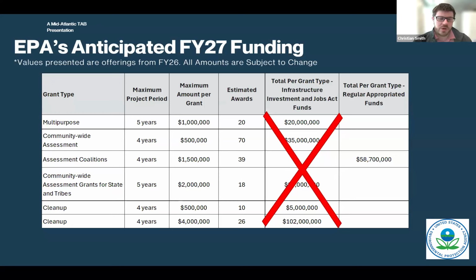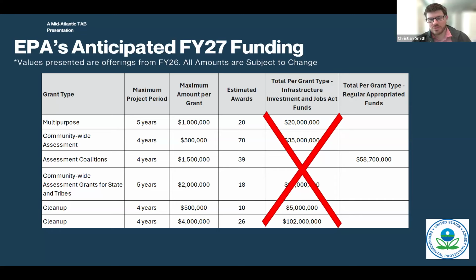But not everyone requests the same amount. So for example, if we received 40 applications for $500,000 multi-purpose grants, then based upon last year's numbers, we might have been able to fund all of them. So it all just depends upon what each applicant is asking for, and that'll determine how many awards we can